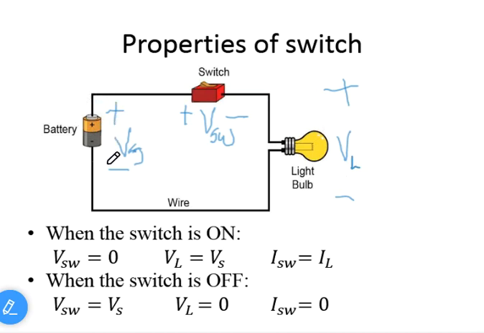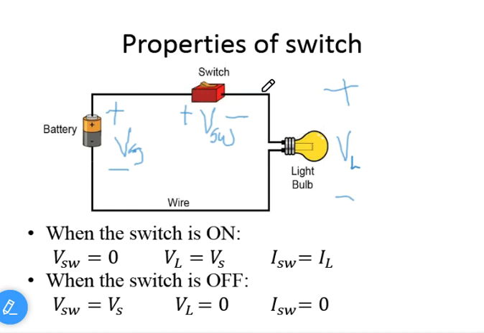If the load voltage is equal to the source voltage, then what is the switch voltage? As per KVL, the battery voltage will be equal to switch voltage plus load voltage. Therefore, in this condition, the switch voltage becomes zero. When the switch is on, the switch voltage is zero. This switch can be any type of switch. It can be a mechanical switch, it can be a power electronic switch, and here we consider an ideal case. Therefore, during on condition, the switch voltage becomes zero, and the bulb is glowing here.